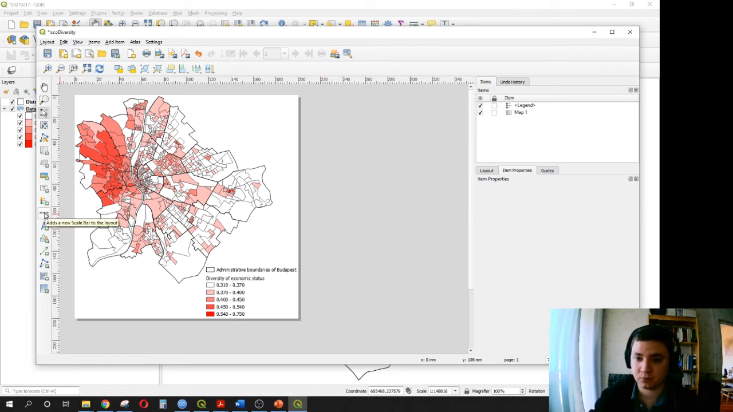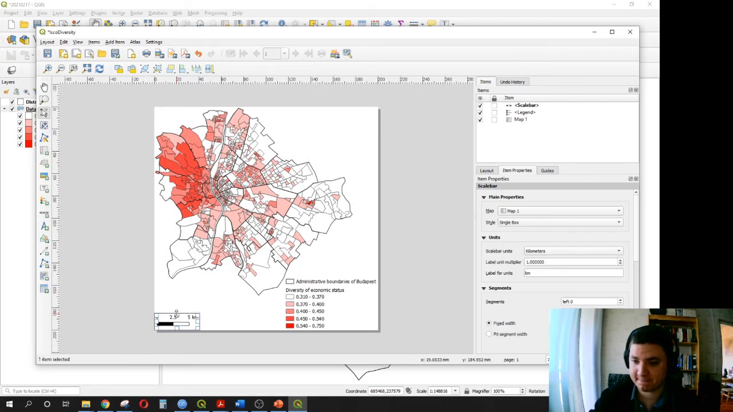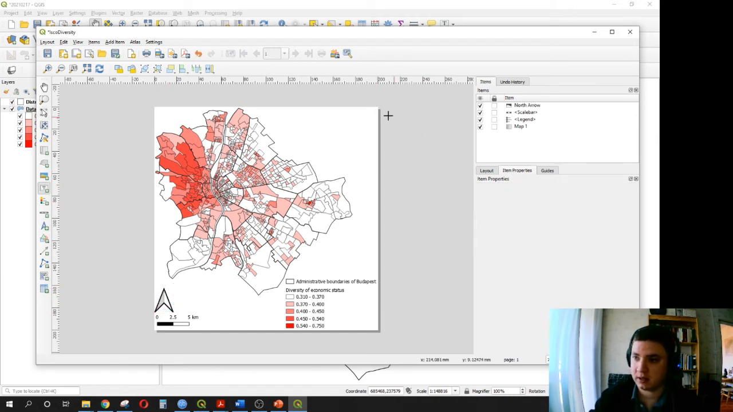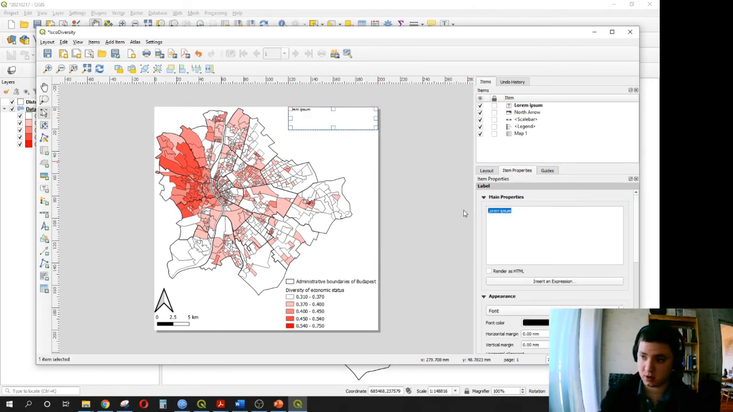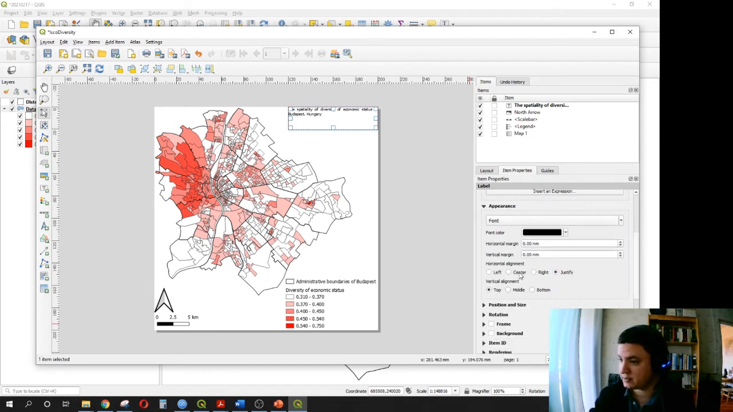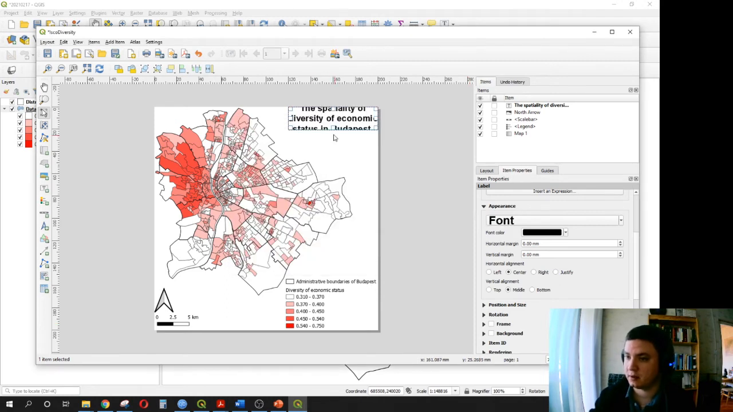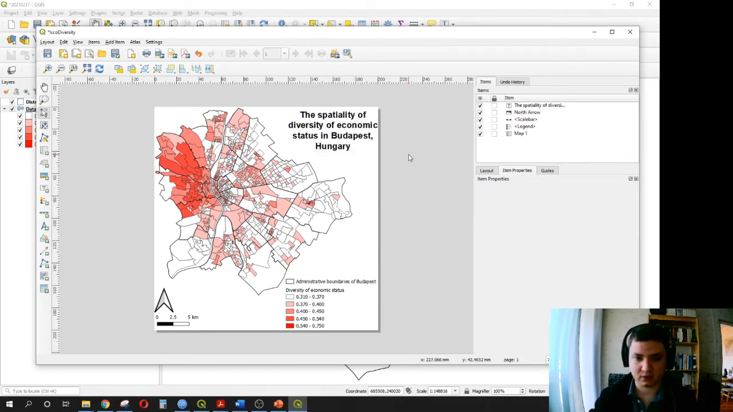And missing parts, new scale bar, for example, yeah, north arrow, yeah, and the title of the map, the spatiality of diversity of economic status in Budapest, Hungary, for example, and center, middle, and the font should be greater than now, for example, Arial, bold, okay, yeah,